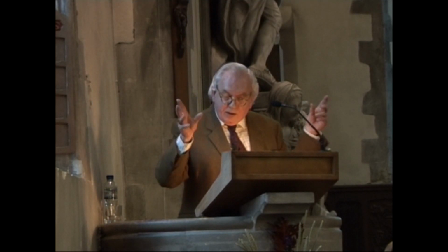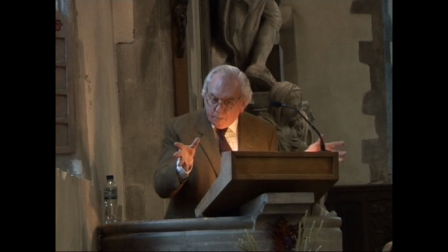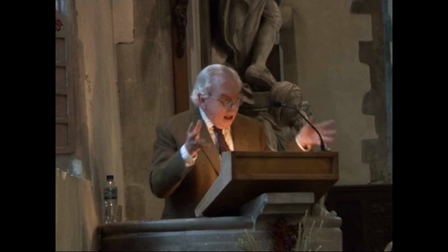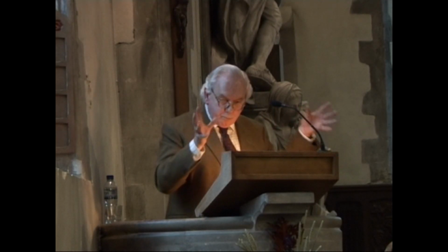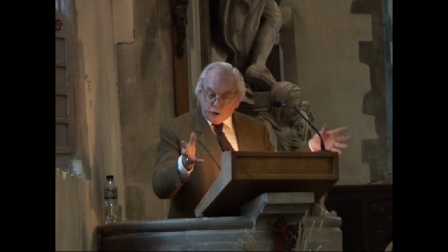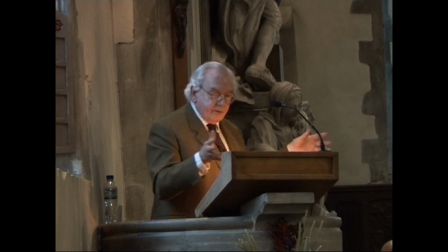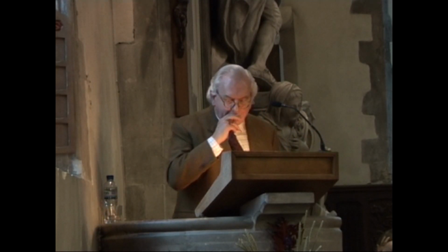We have to think, this is why Rome has taken the line that it's done on child abuse. It's not a local problem. It's not a problem that's limited to the 20th or 21st century. It's part of a particular clerical mindset that sees the power and the privilege of the church as being the foundation of salvation, the foundation of Christianity. It's very difficult to see, if like me you're born a Quaker, how this relates to the Bible, but let's forget about that. The Bible was a very long time ago by that point, and as